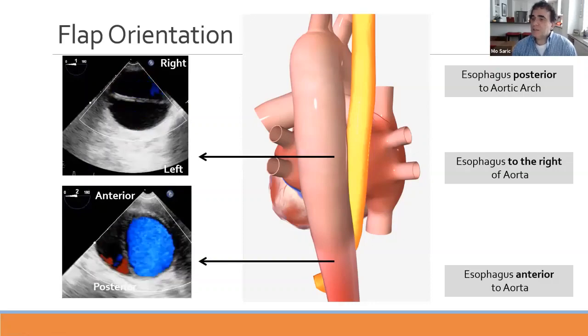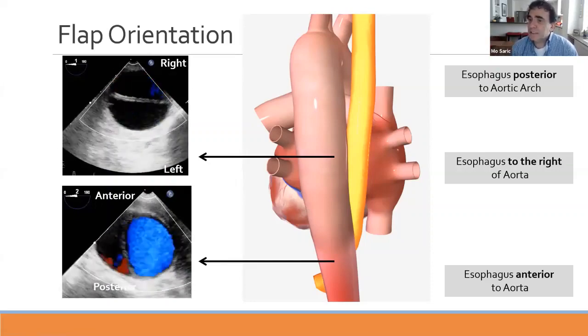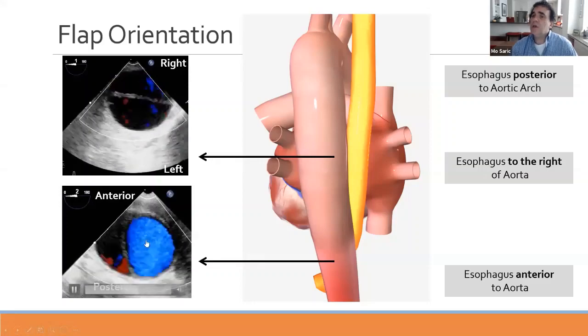So this patient, as you will see in a moment on a CT, has a dissection flap completely vertical in a line. But if you look at it on a TE, there is an apparent movement of the dissection flap from the vertical to horizontal position between the two images on the left. There is actually no movement of the dissection flap, it's just because the esophagus moves around